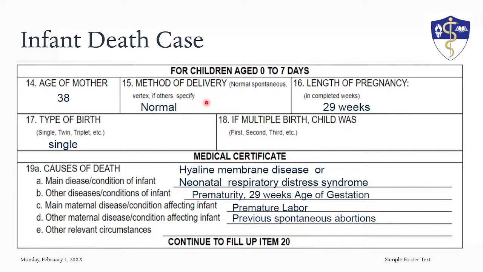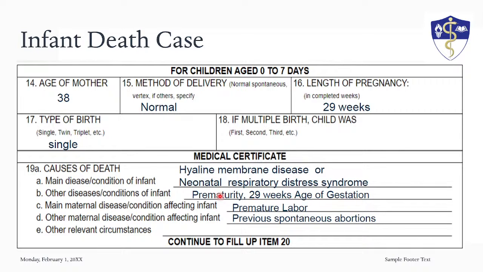Final. You can turn out the lights and call it a day. Okay, pagka mag-write ka ng death certificate, just put respiratory distress syndrome. That's okay. But if you were able to get prematurity, 29 weeks age of gestation, ano pa, isa pa? There's another one, diba? Yung very low birth weight. You can place them here. Okay, other diseases. So this is plural. Conditions. That's plural. Pero very low birth weight can be placed under the prematurity. So you can choose that. Okay, or you can also write in there 29 weeks age of gestation.